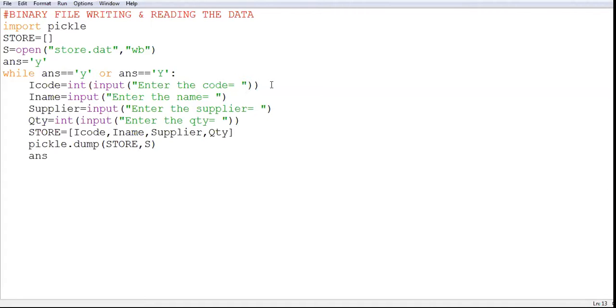And if you want to input more records, you can ask, and finally you close your file. Am I clear?